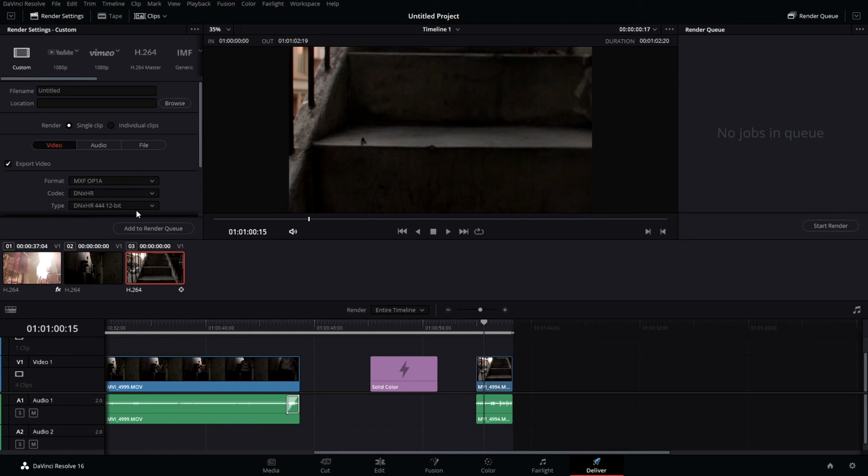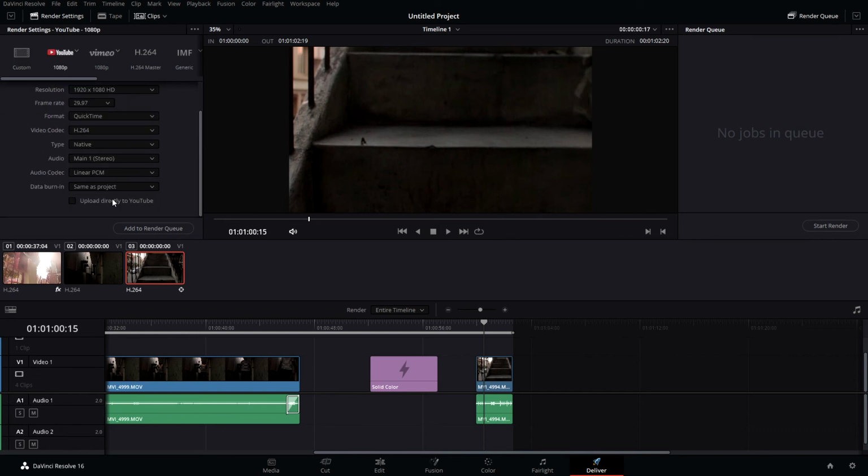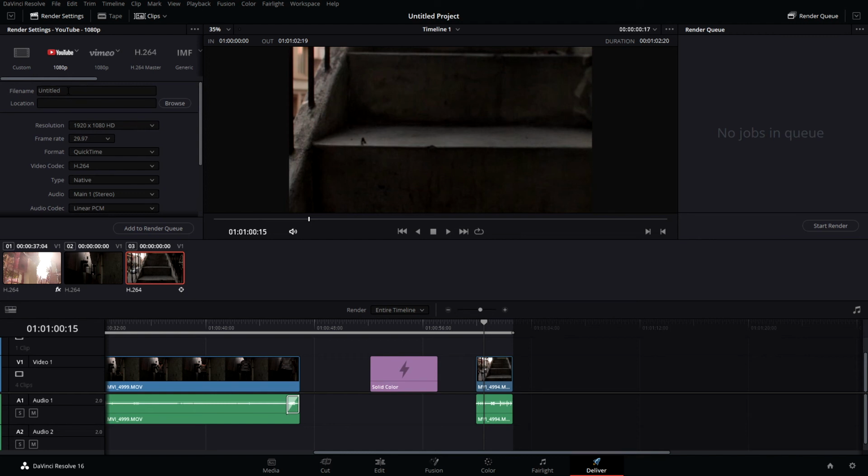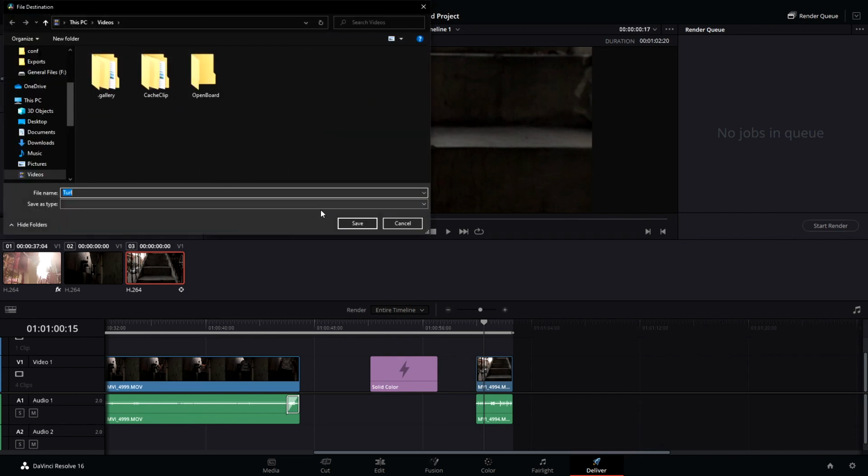Here you can just click on YouTube. There is the option to directly upload to YouTube. I'm just going to write, hi, test footage. I'll upload it as private, because there may be some mistake, or a thumbnail you want to upload. You can add a title over here, and browse your file location.